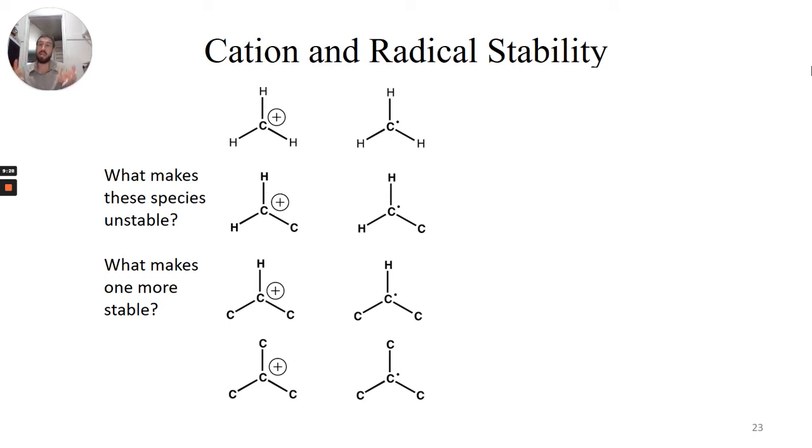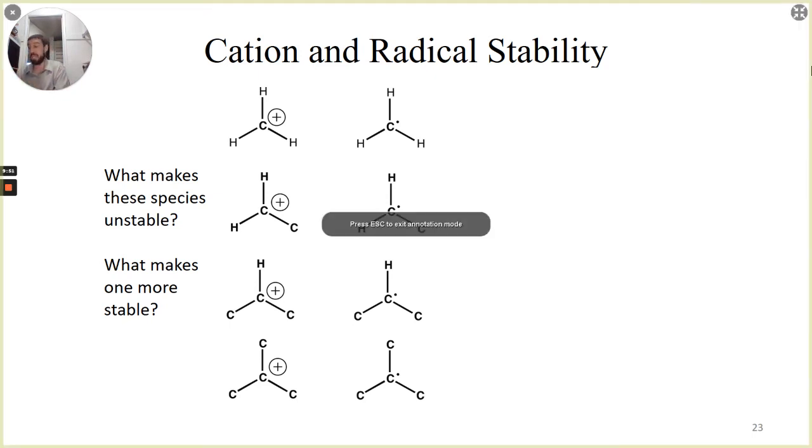And it turns out because they're missing that octet, even though the radical has that extra electron, its chemistry is most closely similar to that of a carbocation, okay, or the positively charged species. Which means when we think about radicals and their reactivities, they mimic carbocations. Okay? Now that we've done that, I'm going to get rid of the radical,